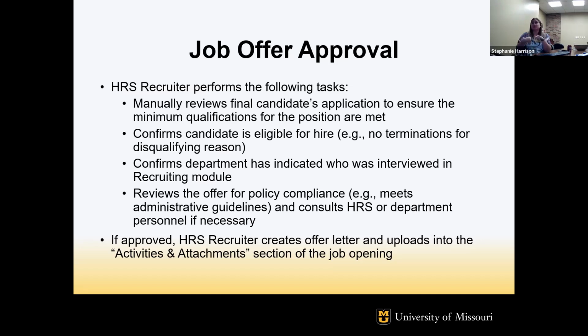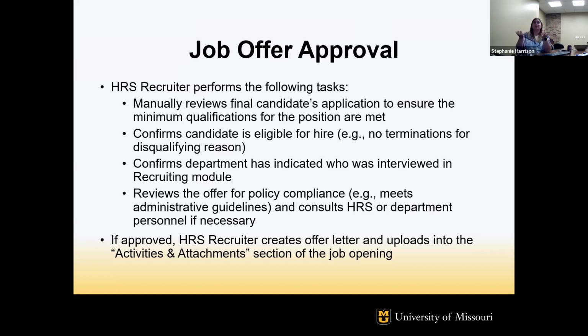So if they've worked for the university before and within the last 3 years they were terminated because of a violation of an attendance policy or anything like that, then I verify that they either left in good standing, or if they left not in good standing, then depending on what the situation was, I may reach back out to the hiring manager and say, just FYI, this is what was in the person's file. You're welcome to move forward with this, or if you would like to discuss it further with the candidate, you can. Again, we're not saying 100% no, you can't hire this person. We just want to make sure that if they have discipline in their record, you know about it.